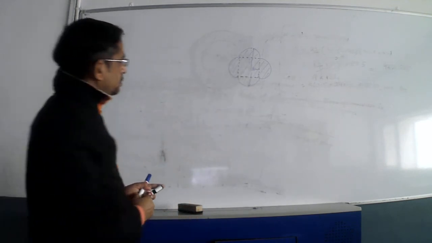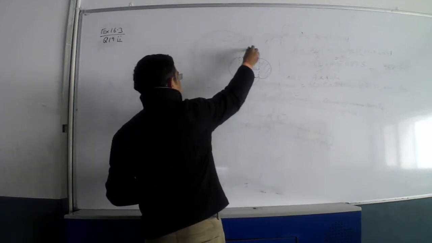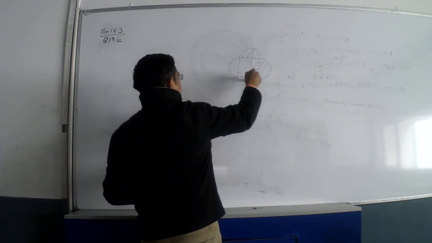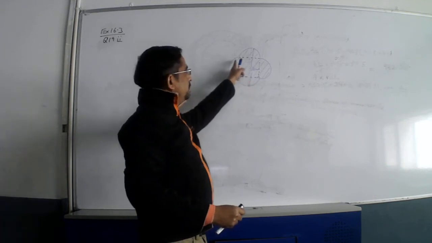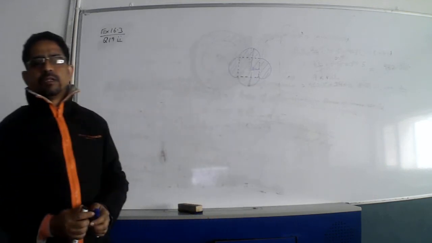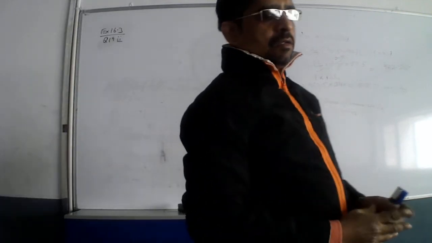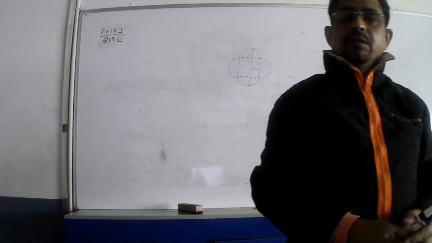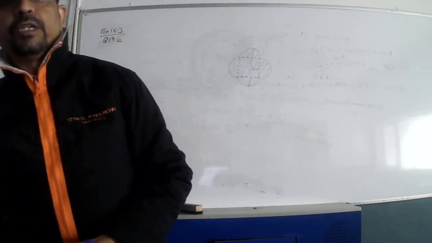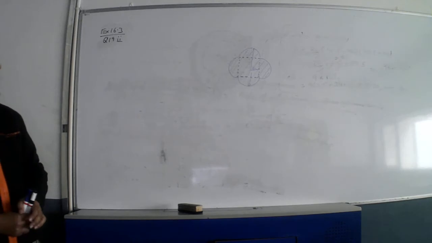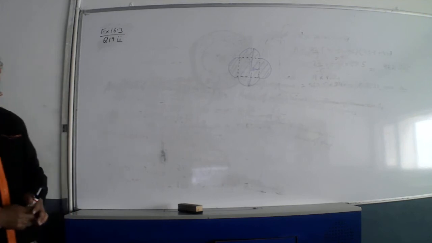And how will you get the area? Area you get if you get this area plus this area plus this area plus this area and plus this area. That means area of the square plus area of the 4 semicircles shown in the figure. Now to find the area of the square or area of semicircle, you need the dimensions, but no dimensions are given. So how to find those dimensions? That is your first task here, your first step here.